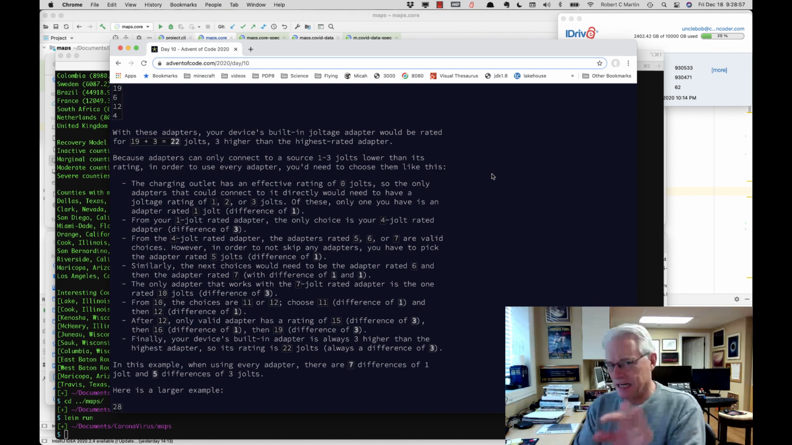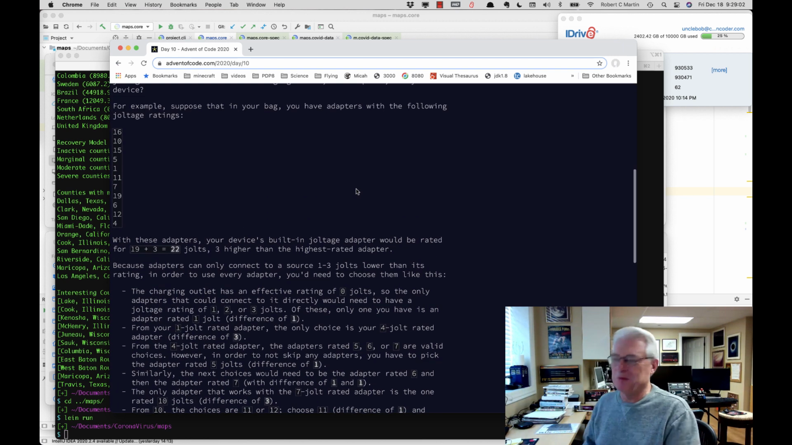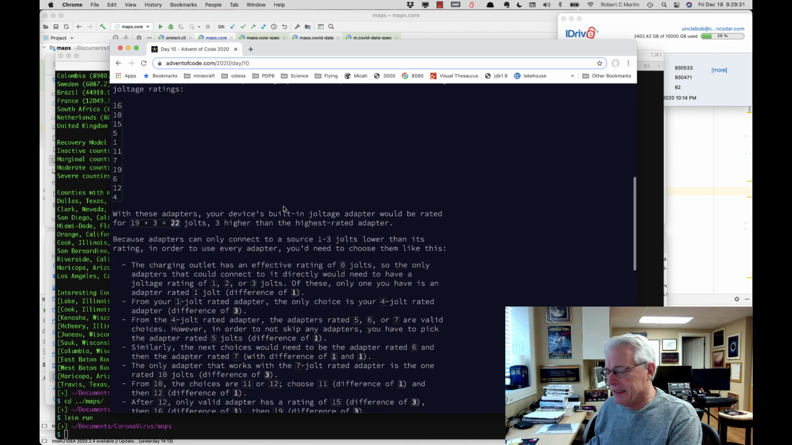So day 10 of Advent of Code sets up an interesting problem. You have all of these joltage adapters in your bag. And each joltage adapter can increase the joltage from its input to its output by as much as 3 jolts. Now, the way they state this in the problem, and I'll show this to you here, is that